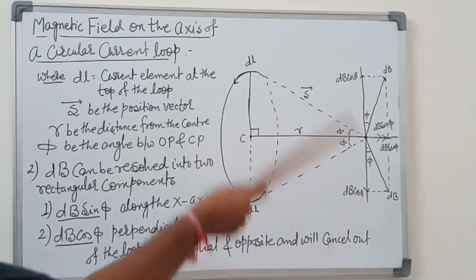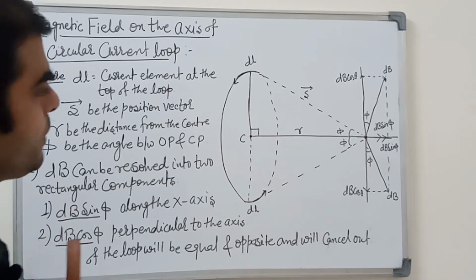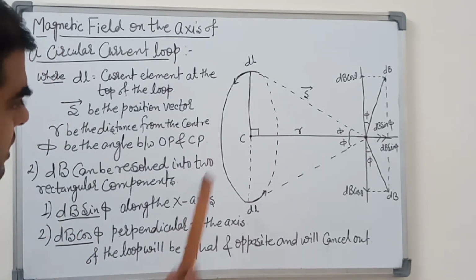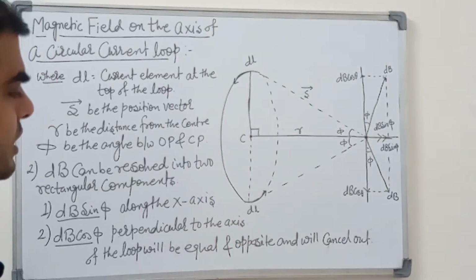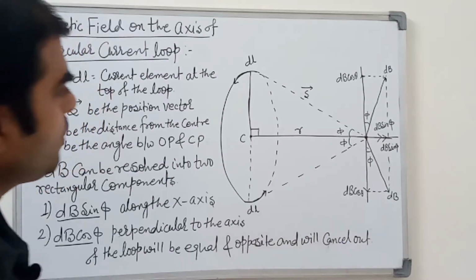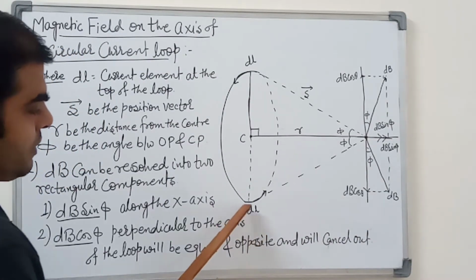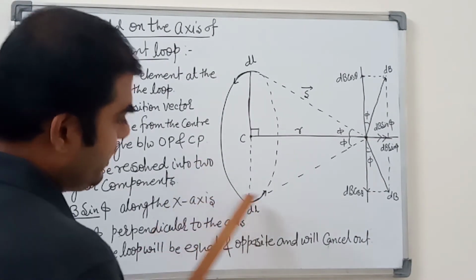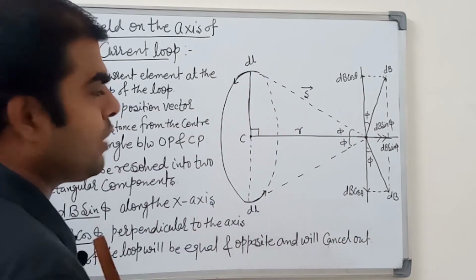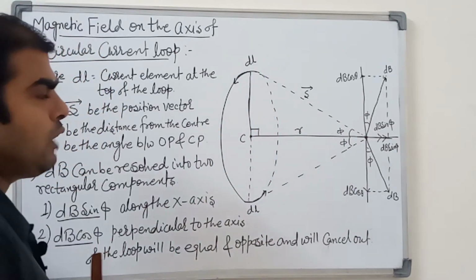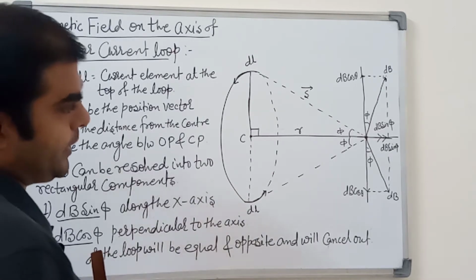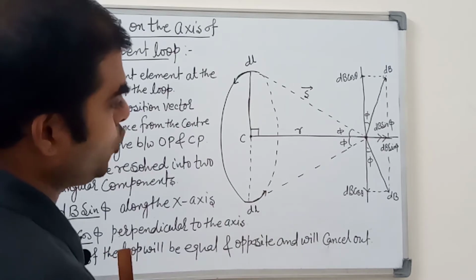You can see this picture. This picture is created by a circular current loop. This is the circular current loop, and the current flows by the right hand thumb rule. According to the right hand thumb rule, the current enters on the inner side and from the upper side the current goes out in the outer direction. There are two points created.